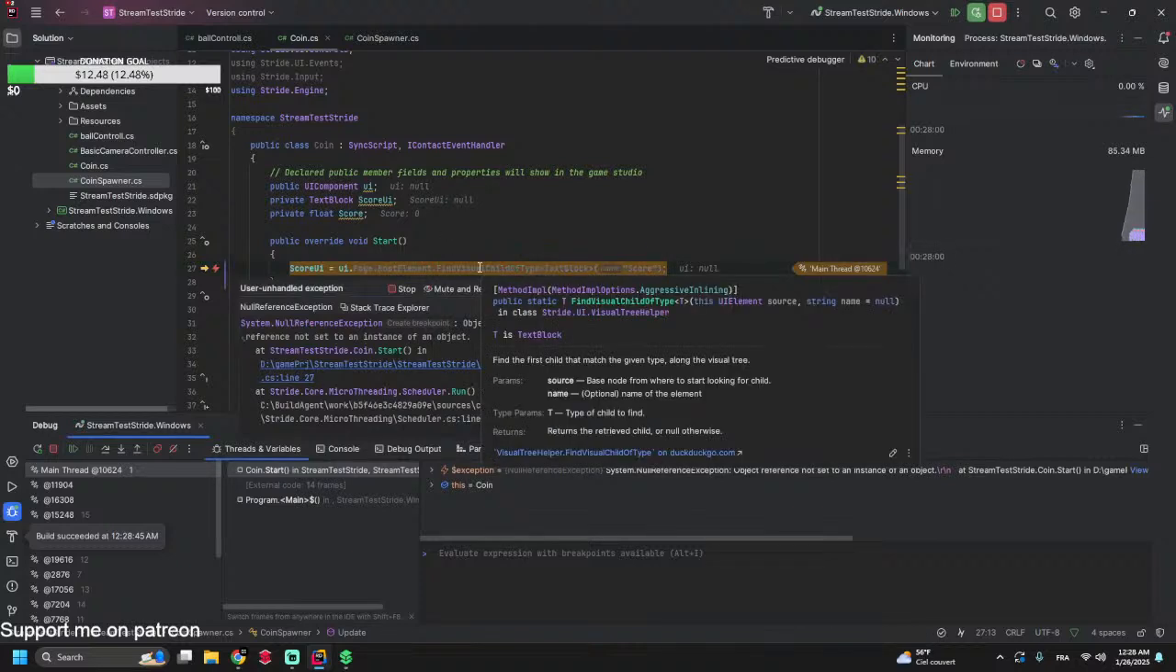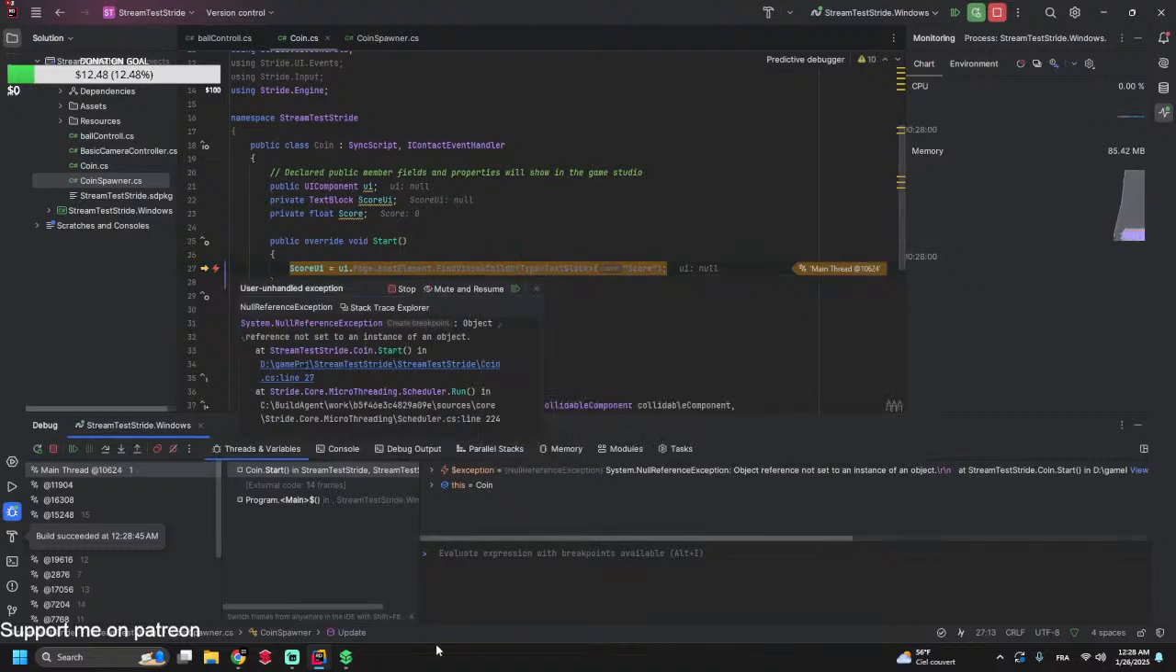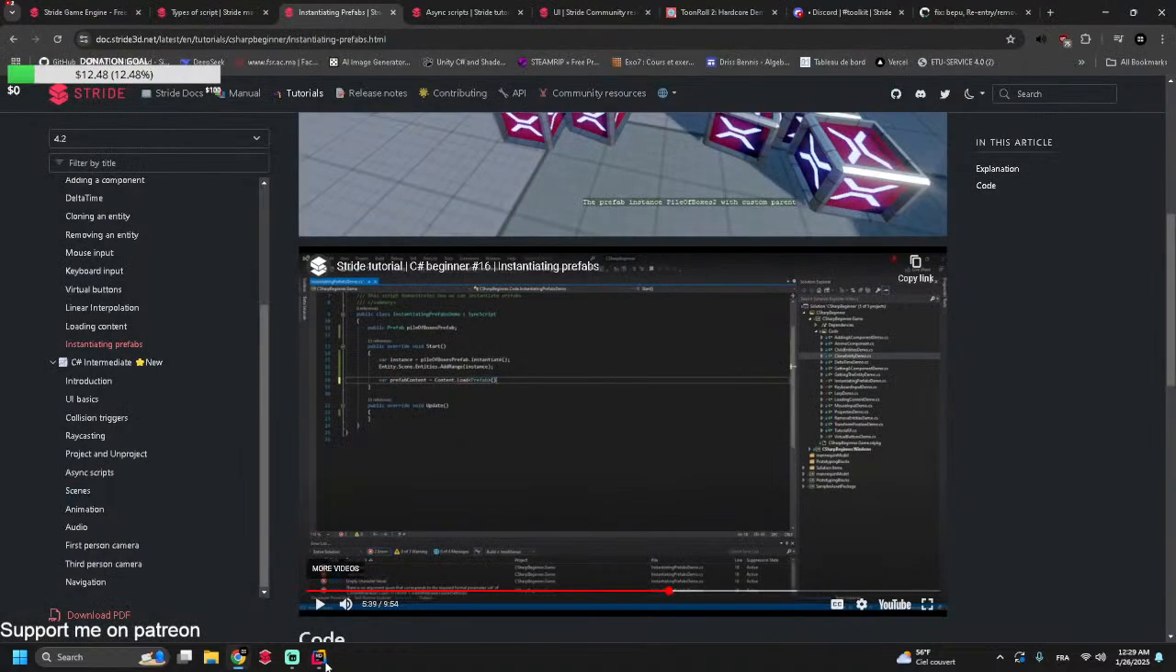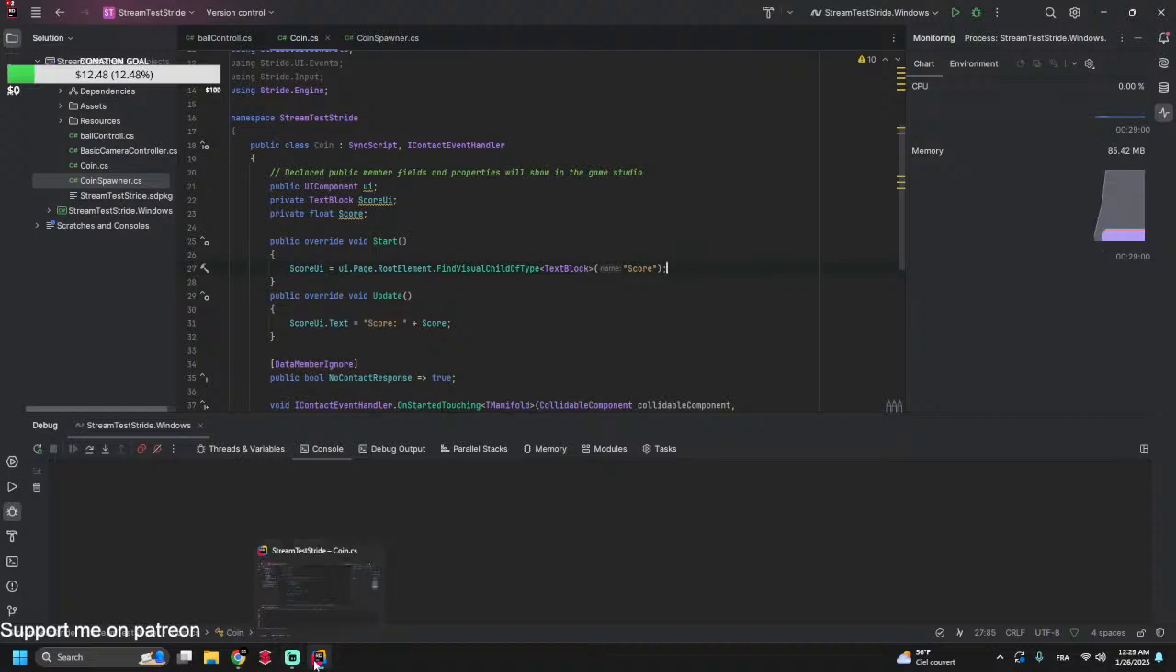And yeah, it's not working. UI page. Oh, now I understand that. So now I understand why. Something is, okay. I should wait until it's created, and it just needs